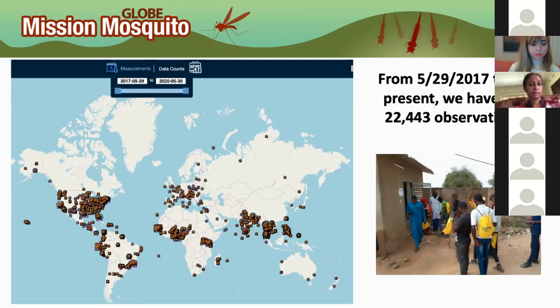And between then and now, we've already had over 20,000 observations. And if you look at this map, you'll see that the area that you represent over here in the Southeast Asia and Pacific, we certainly have a lot of observations,